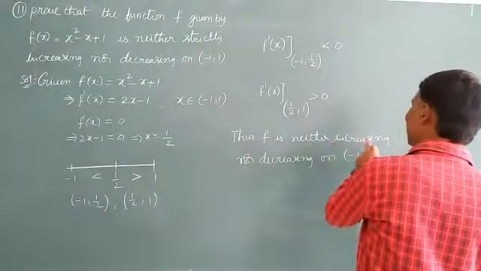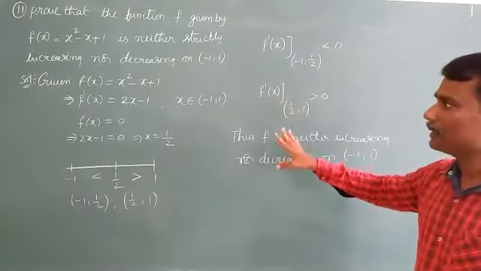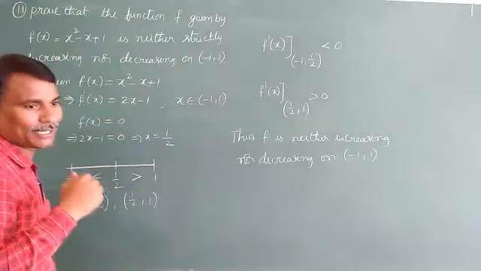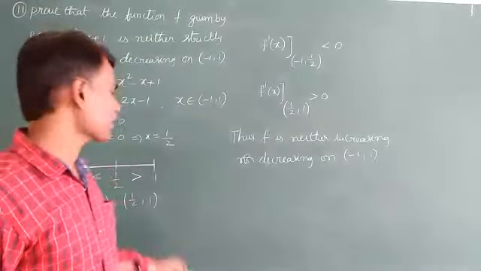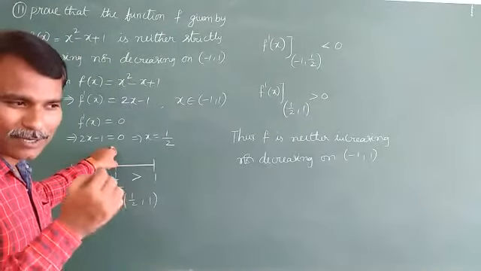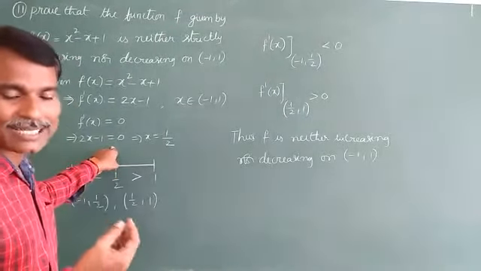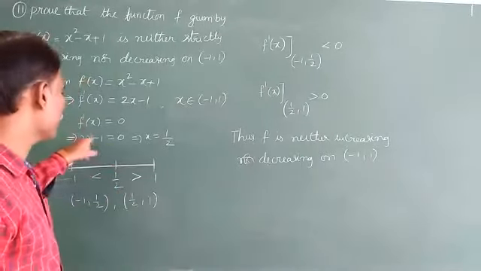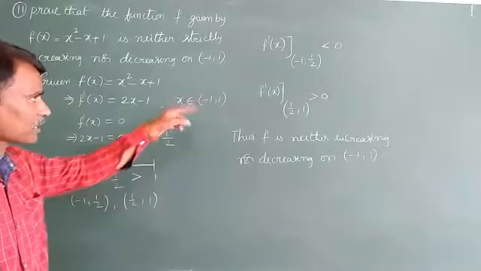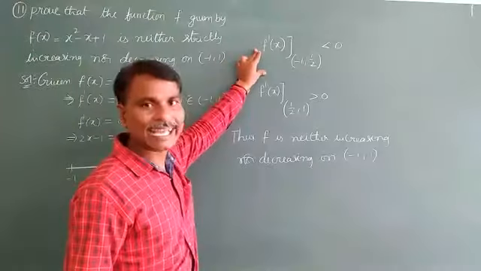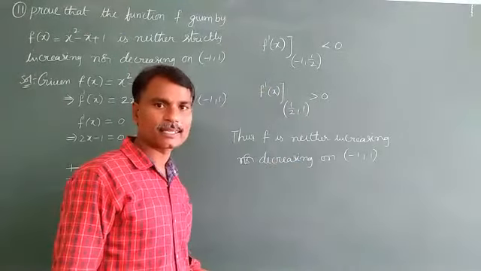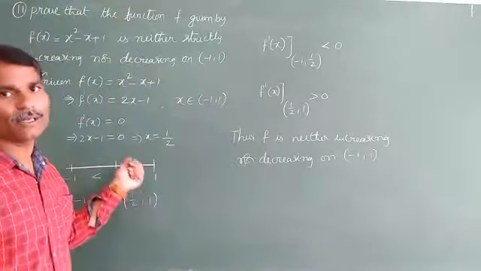This question is actually type 1 only. But by taking 2x minus 1, we cannot say directly whether it is greater than 0 or less than 0. For that sake, we go for neither increasing nor decreasing, which means up to some interval it is increasing and in some interval it is decreasing. For that sake, we have to find f dash of x equal to 0, then get the value, substitute and place it there. So it is decreasing and increasing. Then finally we say f is neither increasing nor decreasing. This is the result of the 11th one.